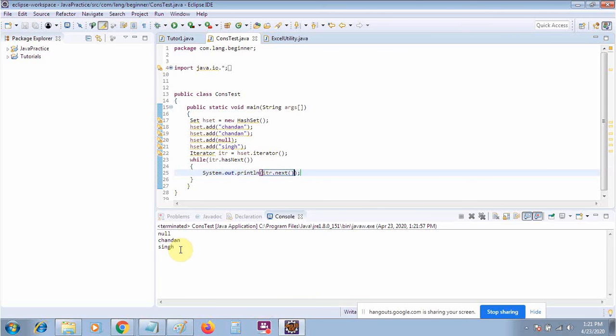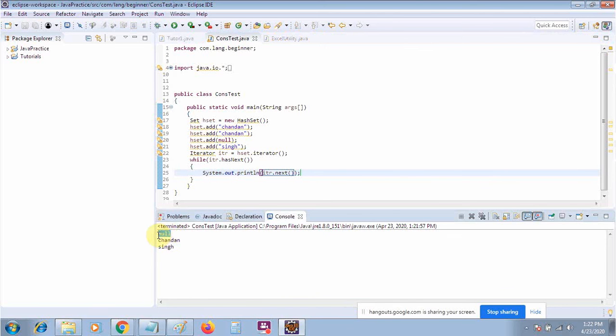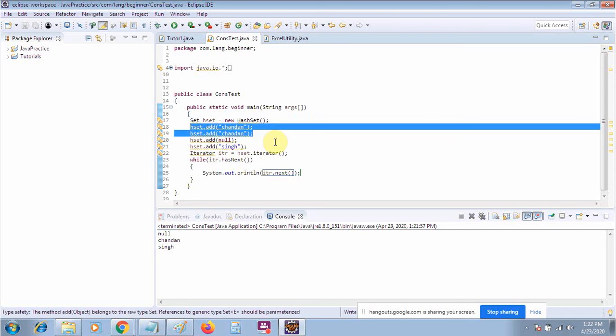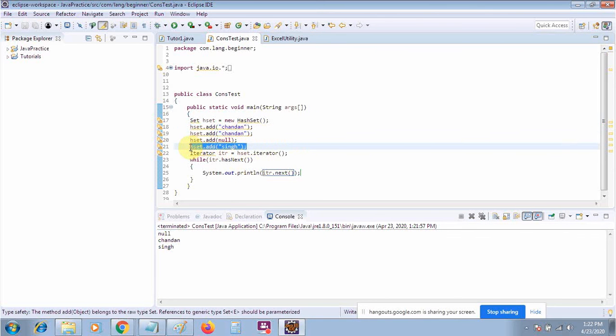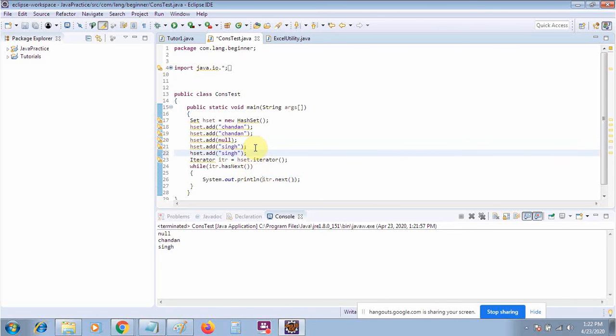You can see it is printing the null value, but it is not printing the duplicate value. That's why I have taken a particular example, so that you can see the difference. In the previous list, they are honoring the null and also the duplicate. In the second, the priority queue, they are honoring the duplicate but not the null value. Now in the hash set, they are honoring the null value, but they are not taking the duplicate value. If I again make a duplicate like this one, like this one.